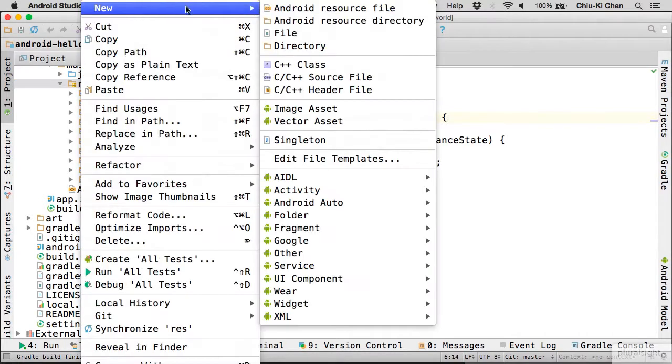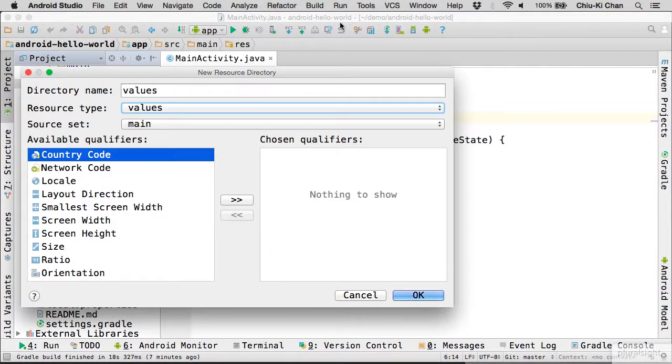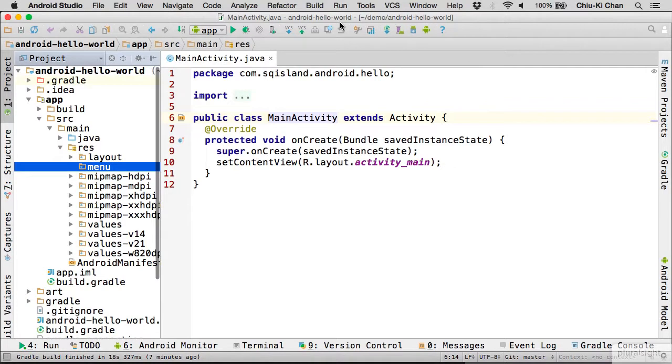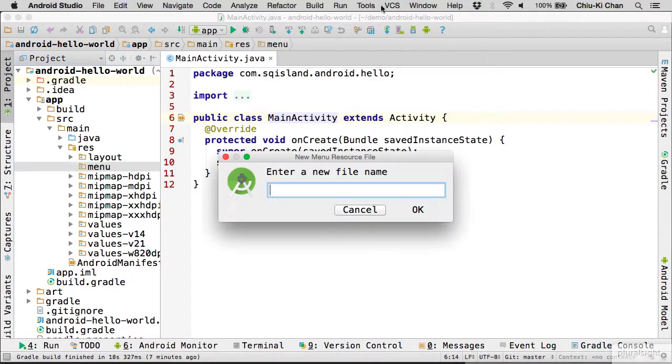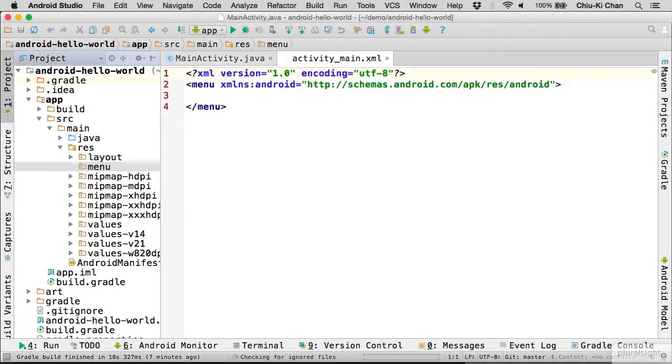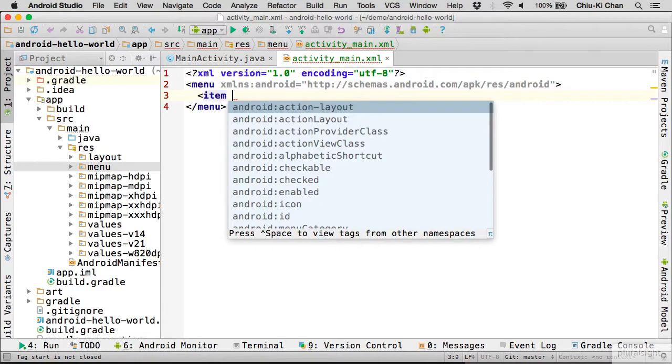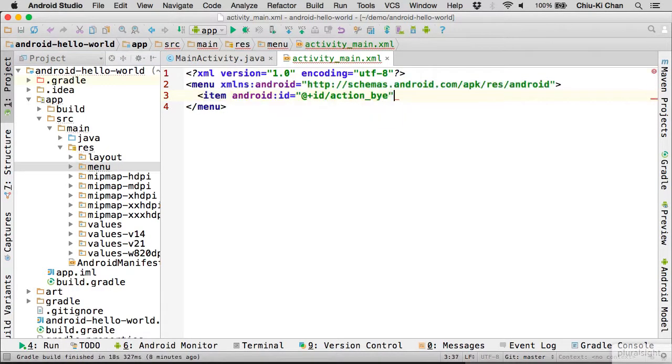Go to the res folder and create a new directory called menu. Next, we'll create a file under menu called activity_main because we are going to use this menu in our main activity. Android Studio automatically created the top node menu for you. We are going to add an item inside it. We will give it an ID, action_buy, because we're going to say buy when the user clicks on this